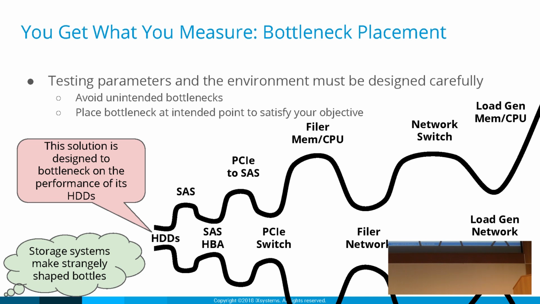So our next step, our SAS HBA. Usually there's a controller limit on these that, from what I've seen, is less than the PCIe bandwidth going into it. So our next bottleneck is going to be on our SAS HBA. It can only handle so much bandwidth. Now our total SAS connections, maybe we're going to an external drive array, and we have normal SAS connections to that JBOD. Well, we have plenty of bandwidth there, and that's actually more than the SAS HBA can deliver. That's not an unrealistic scenario.